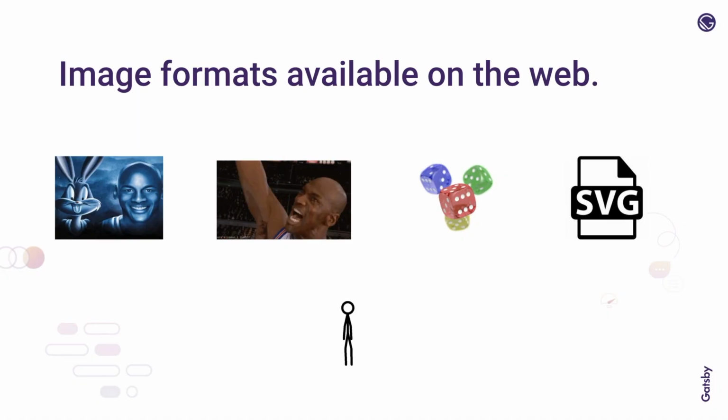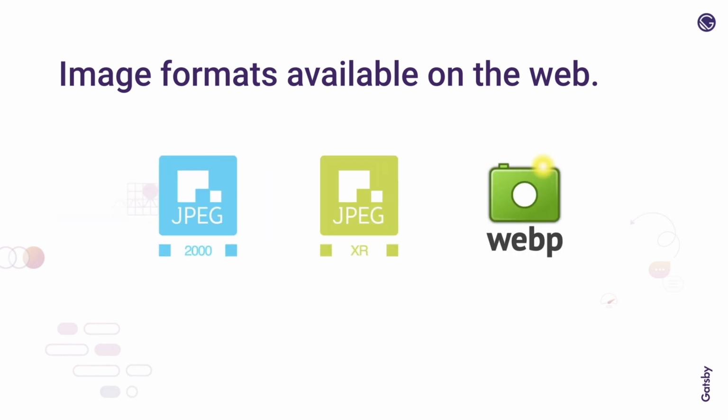About a decade later, this trio were joined by SVGs, which are used for vector graphics. But otherwise, for the first 15 years of images on the web, these were basically all you got. 4 image formats, 3 of which are from the 1990s. So why are most images still in formats that are older than Obinna?